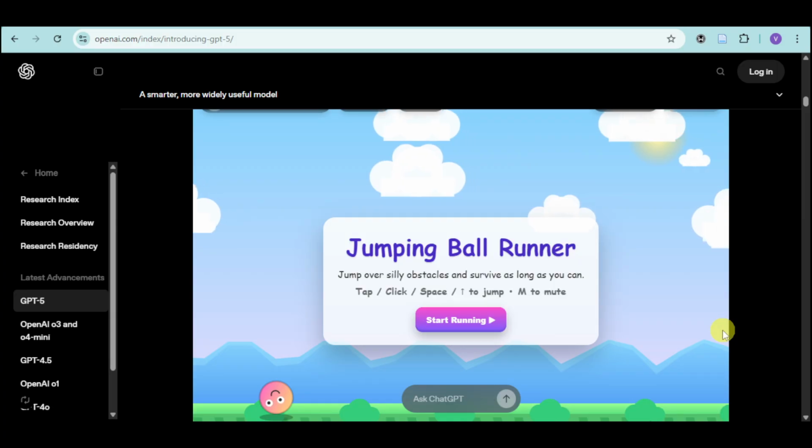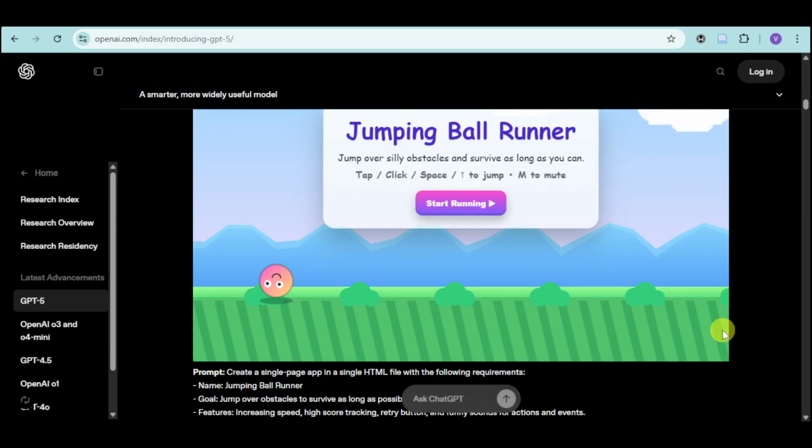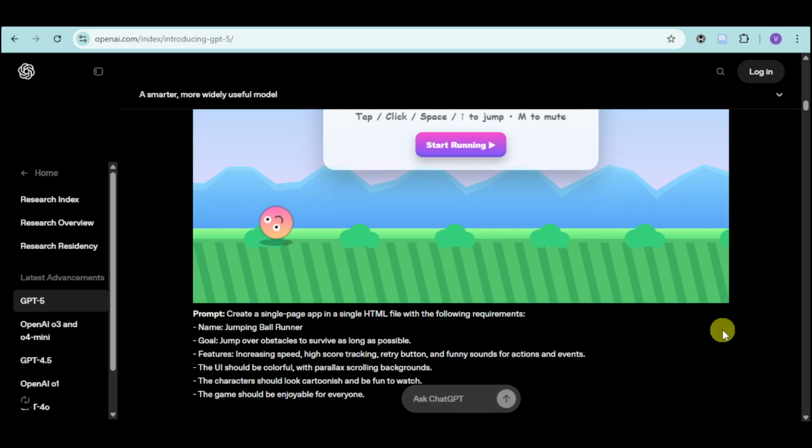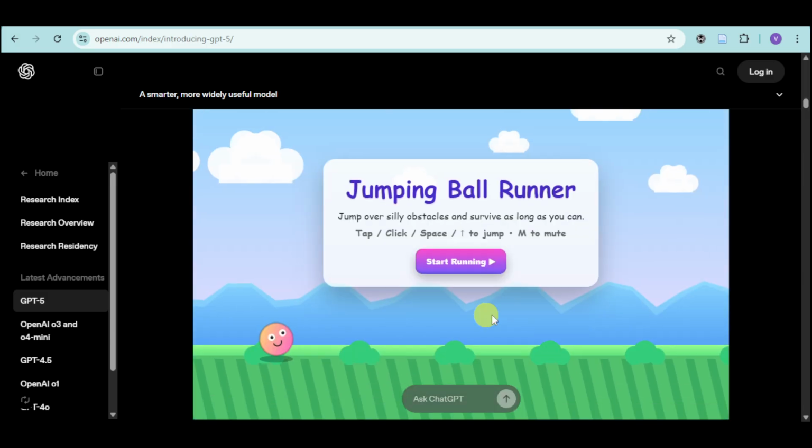There are also concerns over life-critical usage because Altman expressed unease about users relying on ChatGPT for major life decisions, which is not good. But as you can see right here, ChatGPT 5 also helps with creating a single-page app in a single HTML file with the following requirements, such as this one. So there are still some ups and downs with this, and now there's actually some instruction leaking and GPT workflow